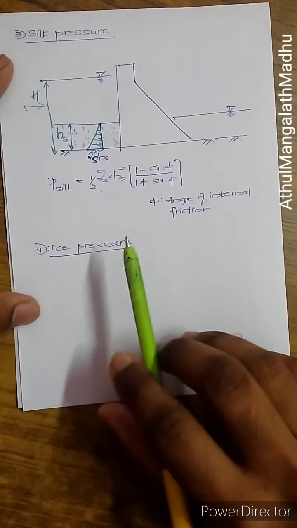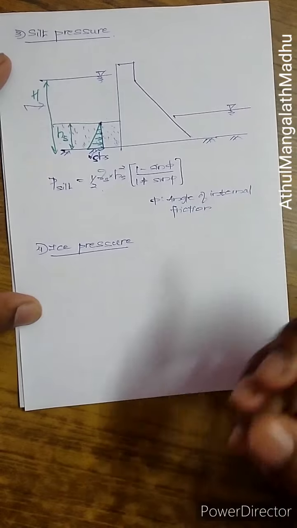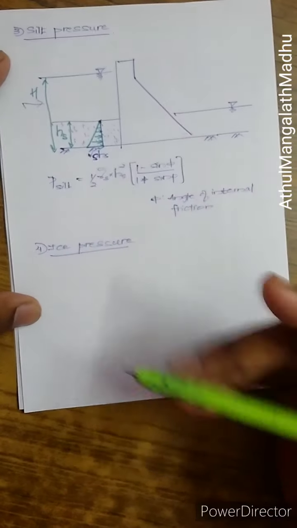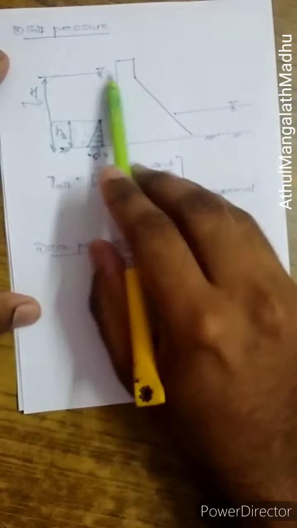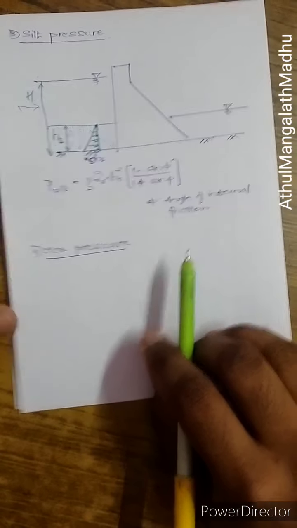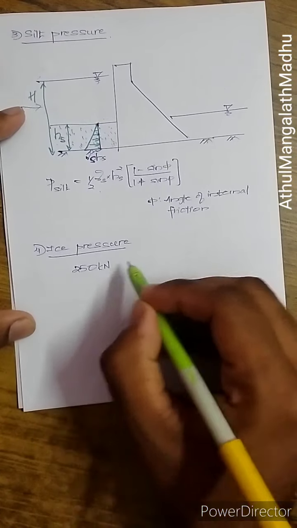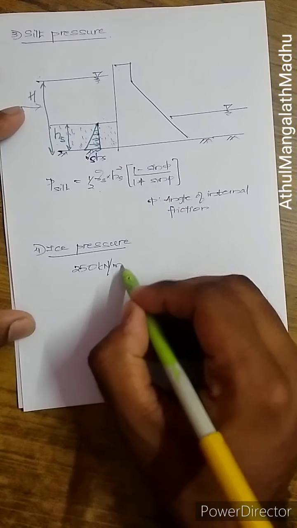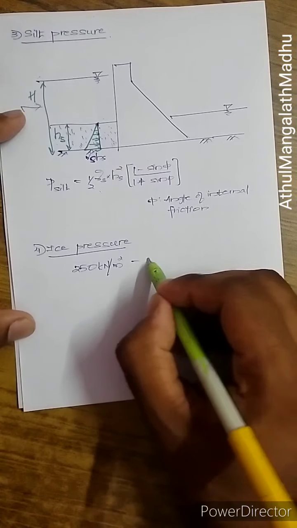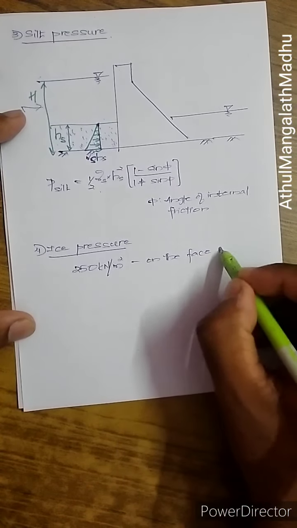Ice pressure is acting on the dam, and this usually happens in cold countries. Because of the expansion and contraction of ice particles at the surface of water, it will be exerting some pressure there, and that ice pressure is given by 250 kilonewton per meter square, and this occurs only on the face of the dam,